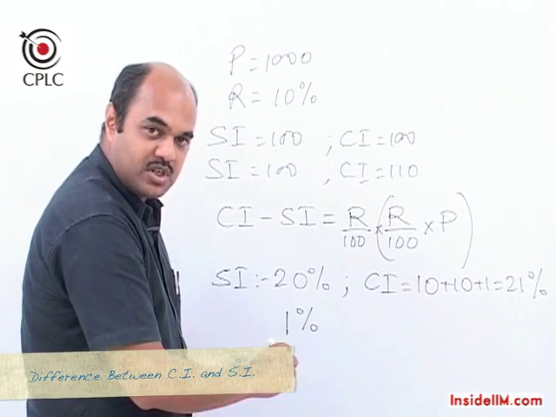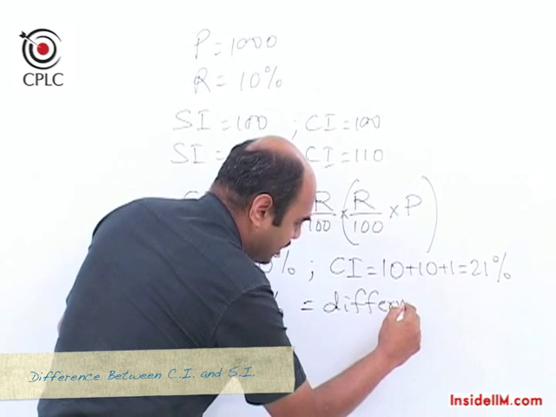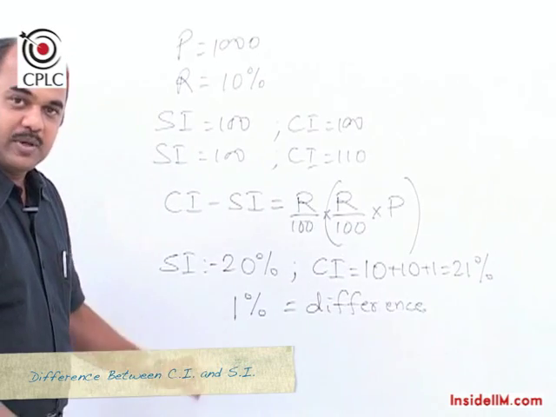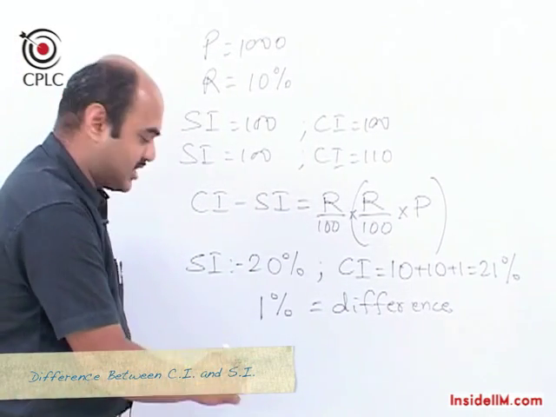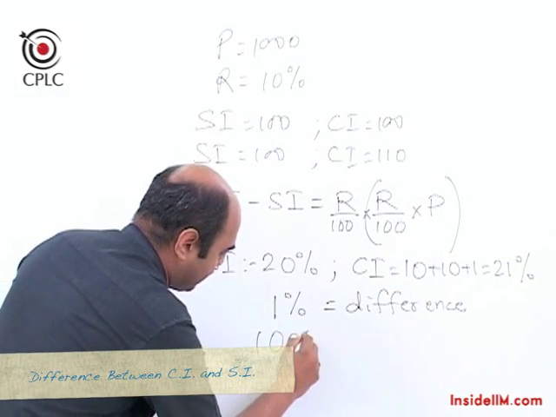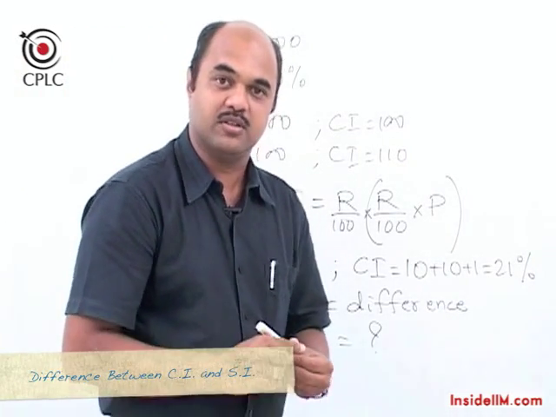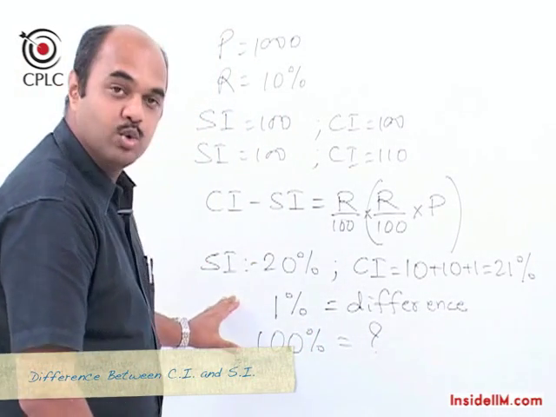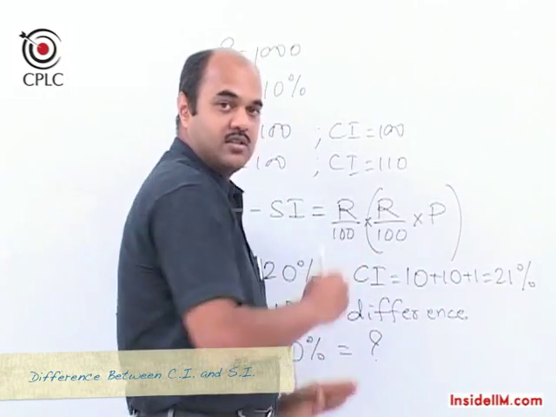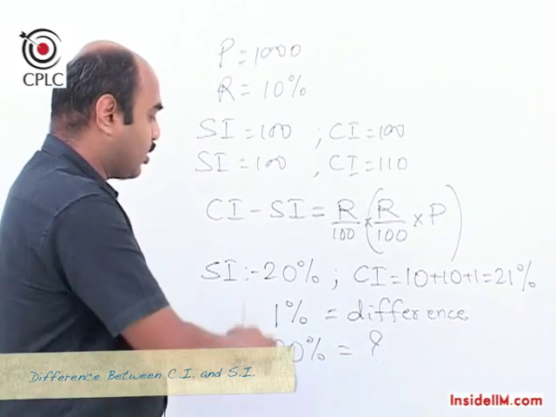If that 1% is quantified in terms of a value, if the difference value is given to us, and then if the principal is asked, then we can straight away say that if 1% is equal to whatever is the value given, then 100% would be how much, and that will give us the value of the principal. Now if this can be used for the first 2 years, we can simply extend this using the concept of successive percentage changes for 3 years and accordingly calculate.